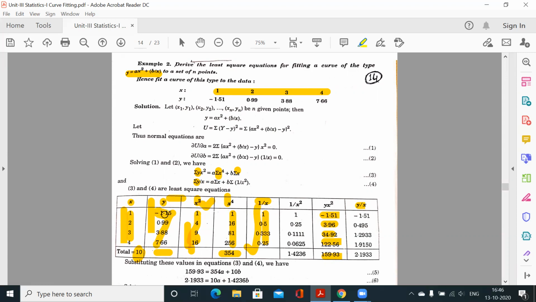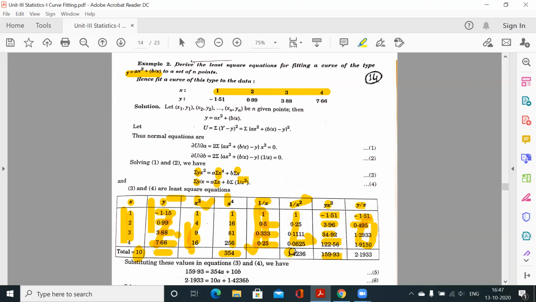So इन दोनों को मल्टीप्लाई करना है, minus 1.15 into 1, so minus 1.15, 0.99 into 0.5, so 0.495, 3.88 into 0.33, 7.66 into 0.25, so y over x आपको ऐसे मिल जाएगा। अब क्या क्या बचा है, summation x आपके पास ऑलरेडी है, next summation 1/x² और चाहिए, so x² भी आपके पास है, ये रहा आपके पास x², so इसको 1 over x² कैलकुलेट करना है, so 1 over 1, 1 over 4, 1 over 9, 1 over 16, these are 1 over x², ठीक है।